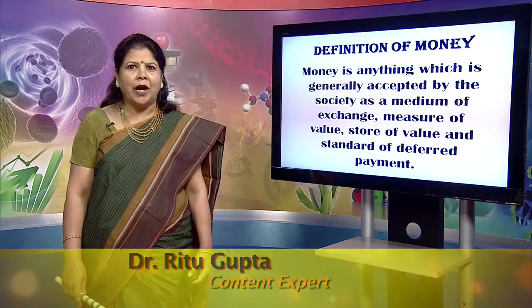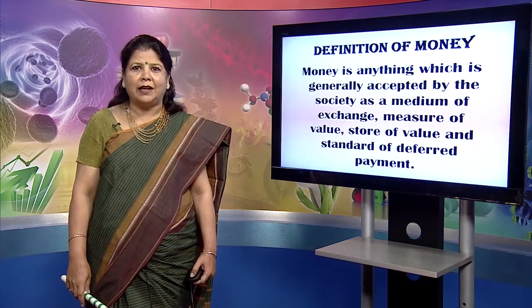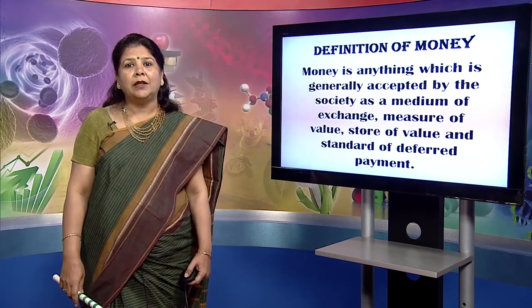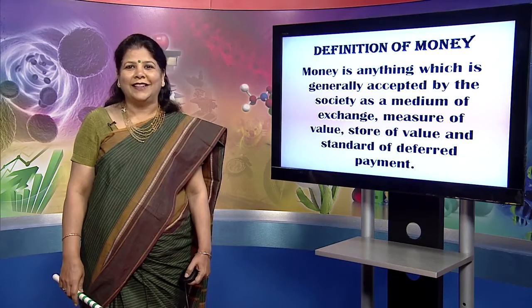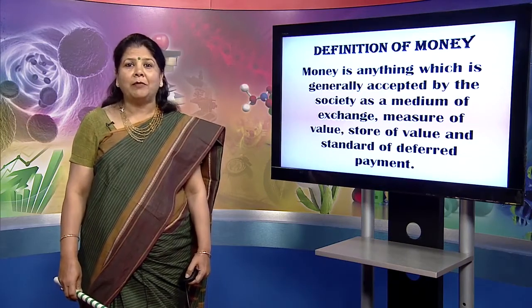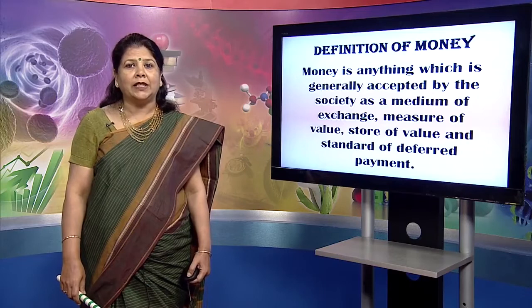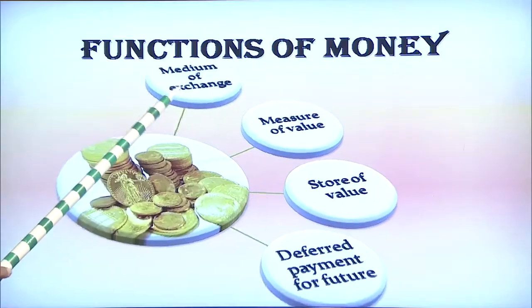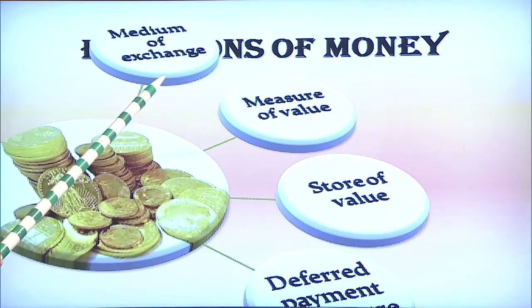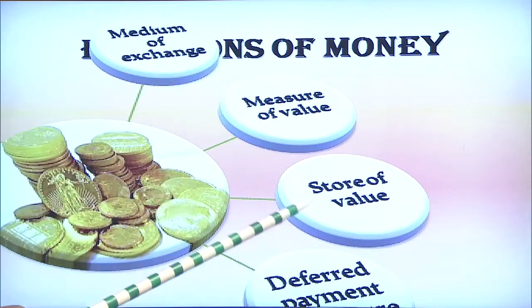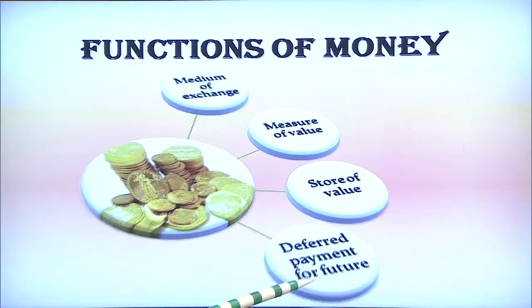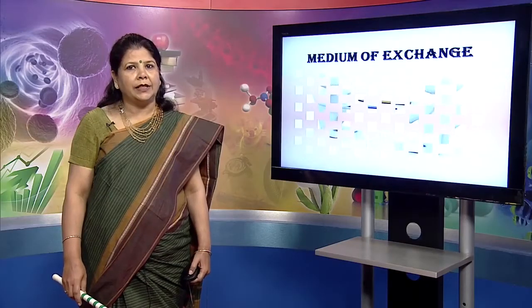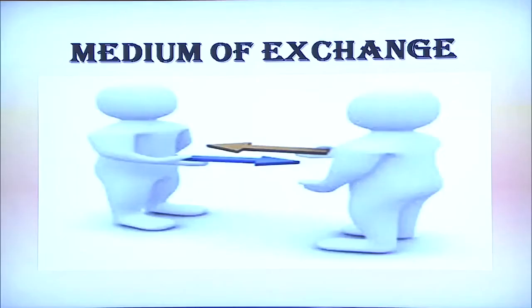There was a poem that my teacher used to recite sometimes in the class, that money has measures for a medium, a value, a standard, a store. So, if you want, you can remember this because it is going to help you understand the functions of money. Money, as we can see, is a medium of exchange, a measure of value, a store of value and a standard for deferred payment. We need to understand each of these functions individually.